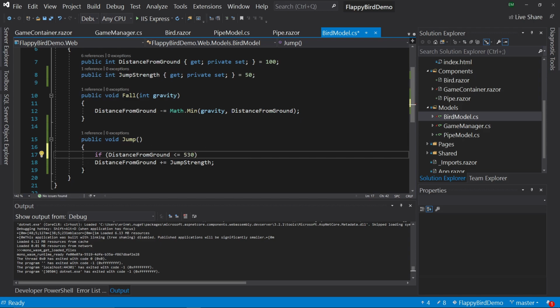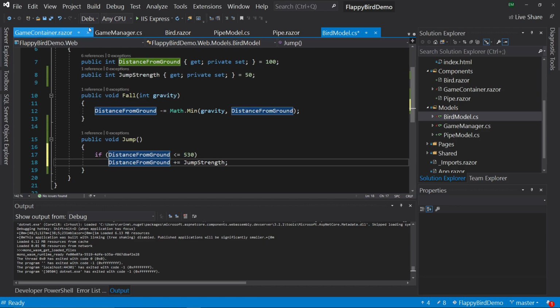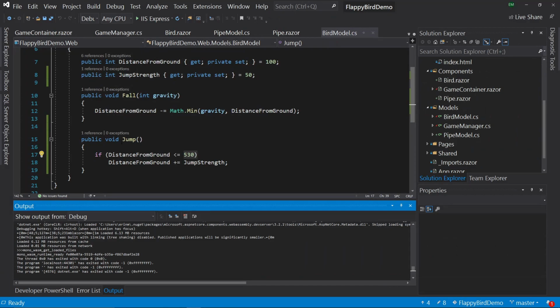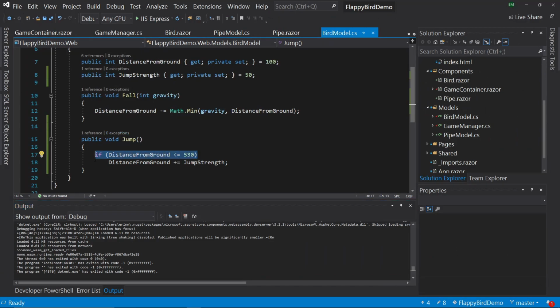And this is just from me, again, playing around with this. Then we will allow the bird to jump. If it's greater than this amount, then we can't jump. So let's test this out. And you'll see that the bird can still jump a little bit off the screen, but not completely off the screen. So this is just my choice in making it 530,